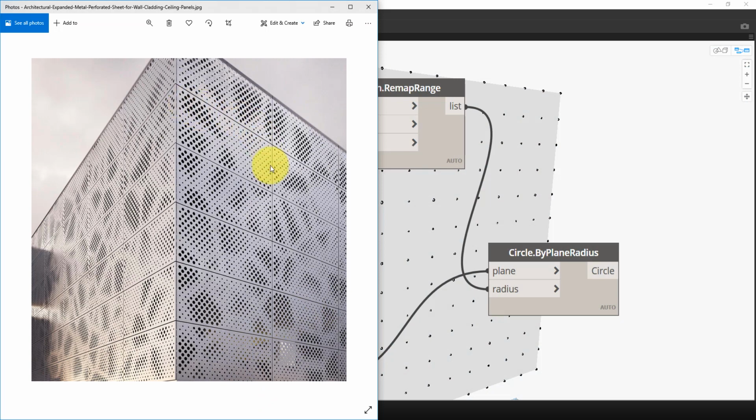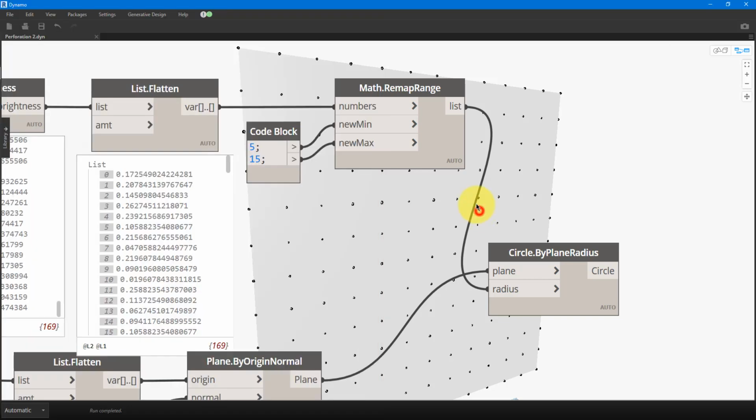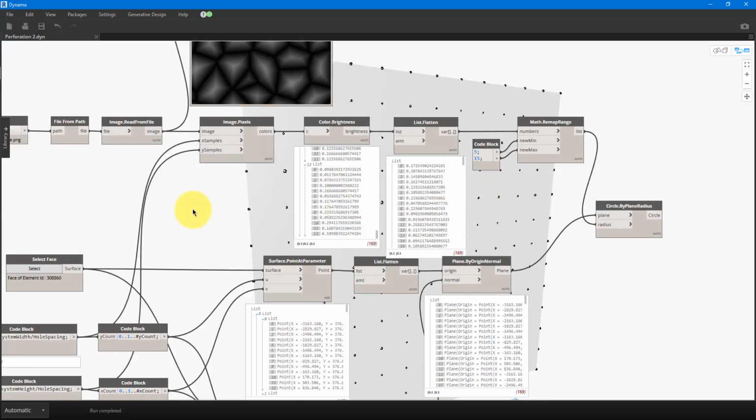Okay, it's time for us now to divide the system into smaller panels. You can see here it's not a big system for the whole facade. They have smaller panels there to make it more buildable in a way. To do this, the key thing here is to take out certain circles or holes and put in there lines instead for our panel's perimeters. To do so, I need to go back to the beginning of our script,